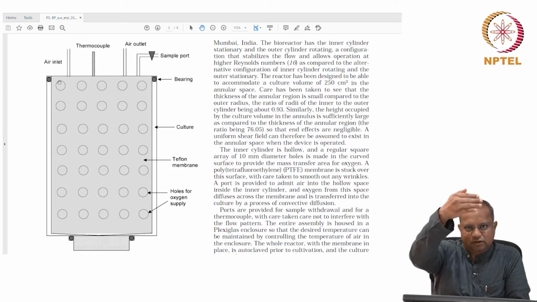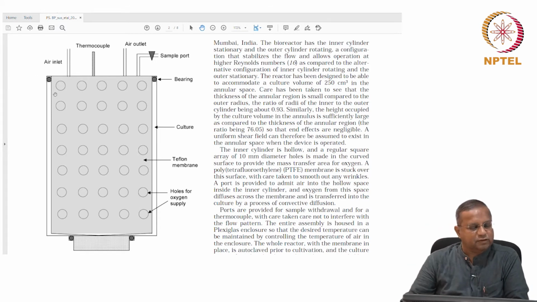This is the longitudinal section of the Couette flow device. You can see the inner cylinder here with a tapered end, about half a degree or 1 degree or something like that, and you have the outer cylinder here, and of course, this is a bearing to ensure appropriate rotation and so on. There is an outer bearing here to ensure a maximum of 1500 RPM. So, this is the annular space where the culture is grown. How do you supply oxygen to this so that you could carry out cultivations over the entire length?